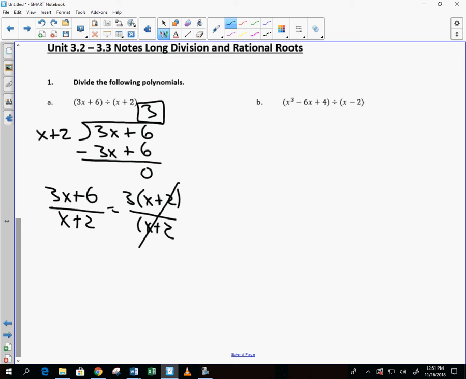Now, my guess is that you can't do it with this one. Anybody know how to factor x cubed minus 6x plus 4? Because if you do, you should come up and teach this, because I don't know how to do it. I have no idea how to factor that. But I can show you how to divide it, and I'll discover how to factor it in just a second. Are you ready? I take x minus 2, and I divide it into what? What do I write? x cubed